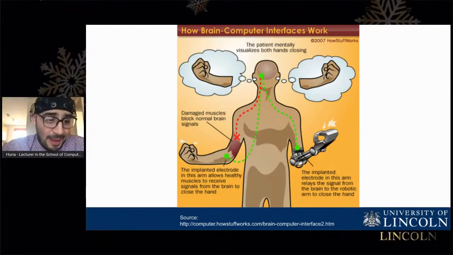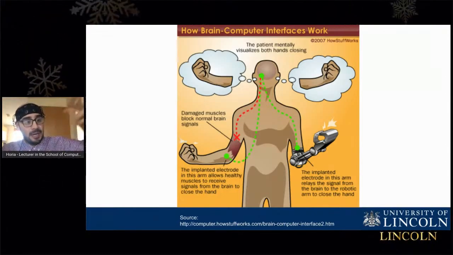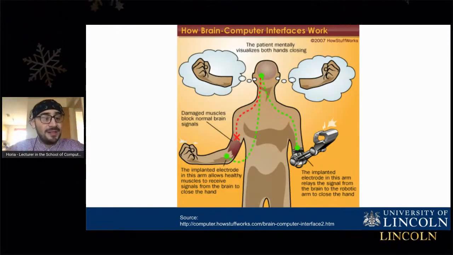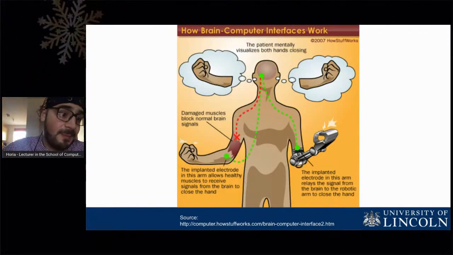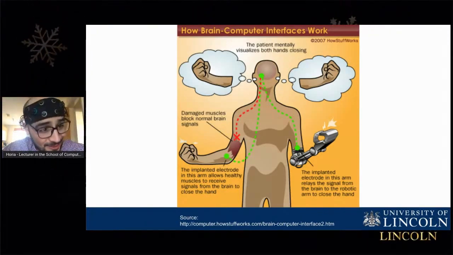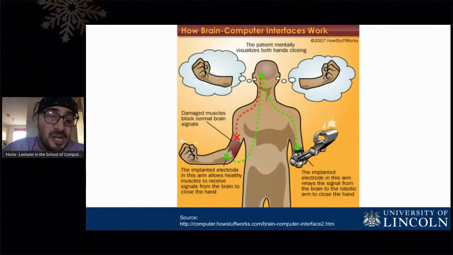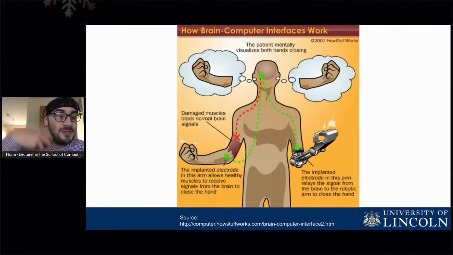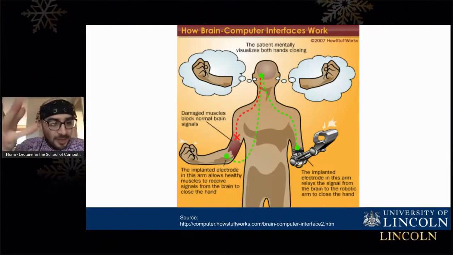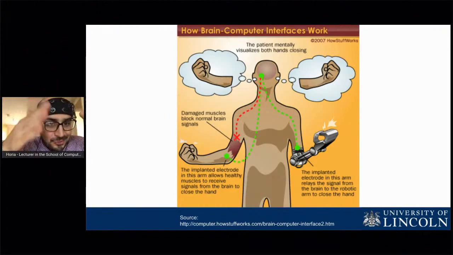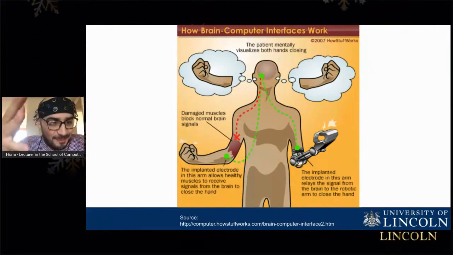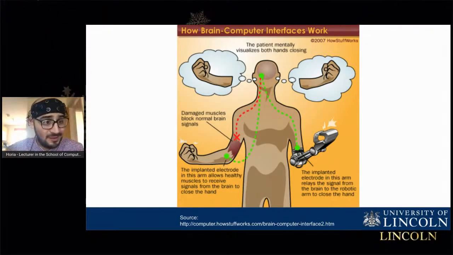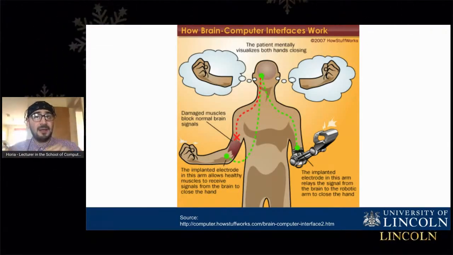And what will happen? We will ask them to imagine they close both their hands, and when the signal is picked up by the brain scanner and the algorithm that we've trained, we can tell the arm to close, right? So this is how brain-computer interfaces work when it comes to direct input to an interface, like an arm, like moving the wheelchair,